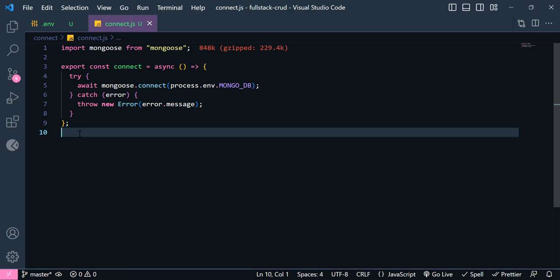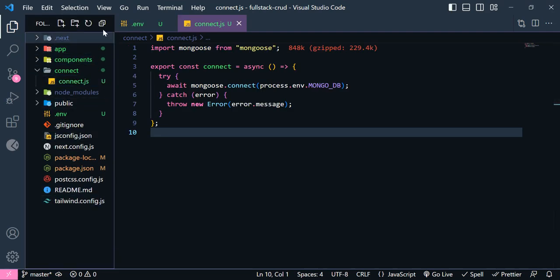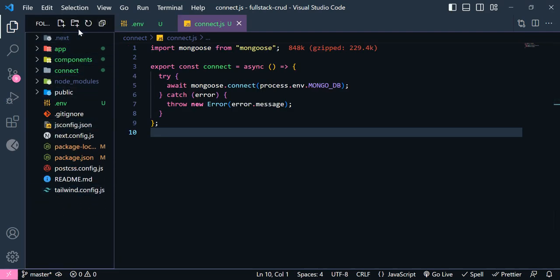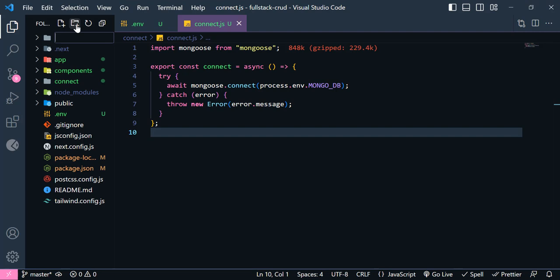Okay guys, we have successfully added our connect function in here. Now MongoDB requires some schemas so they recognize our input type. So I'm gonna add them in here. Inside the root of my application, we need to have a folder. I'm gonna call that contact schema. Inside here, we need to have a file